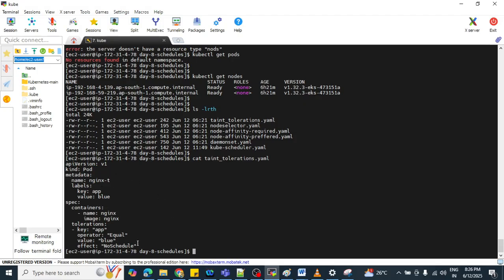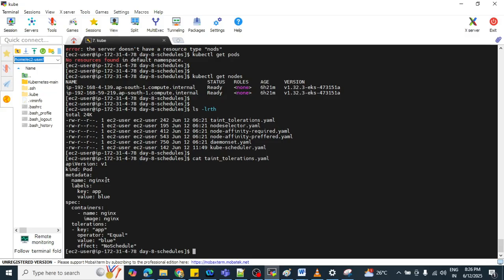It allows the pod to be scheduled on a node tainted with app=blue:NoSchedule. So this pod is going to be scheduled on that particular node where we applied the taint with app, where we are giving the condition blue NoSchedule. That is the concept.